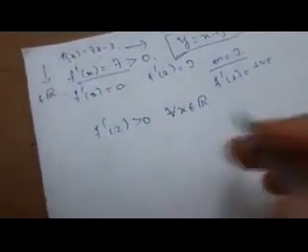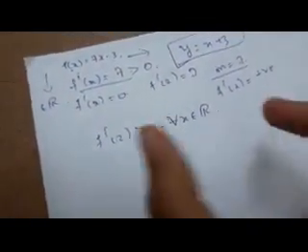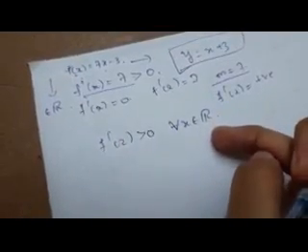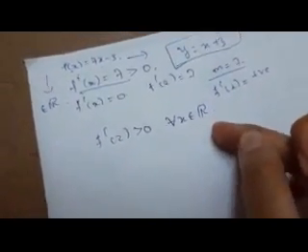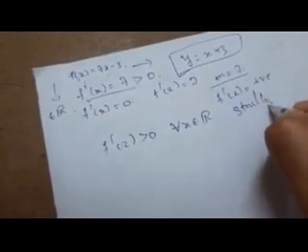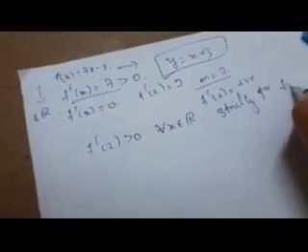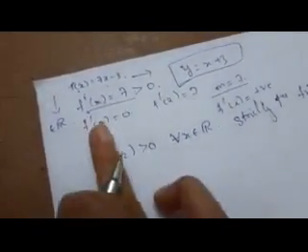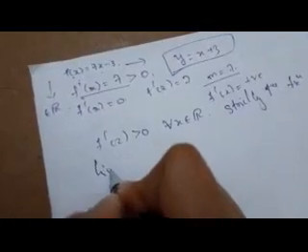When the function is defined for all real numbers, here f dash of x is also greater than 0 for all real numbers. So when f dash of x is greater than 0 for all real numbers, what does it mean? It is a strictly increasing function. So this is how we are going to deal with this type of question. So it is only possible with the linear function.